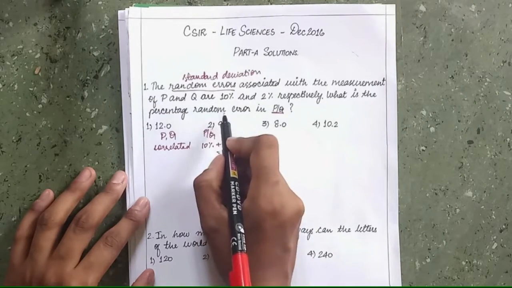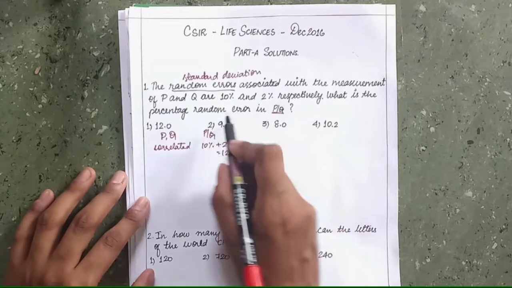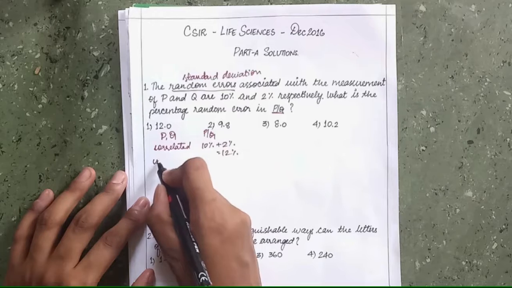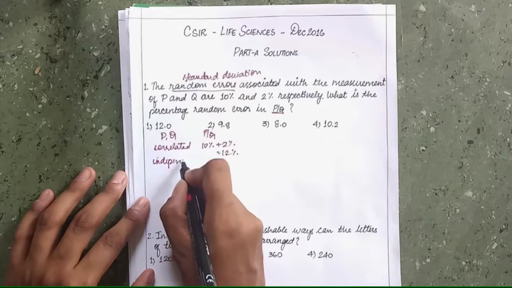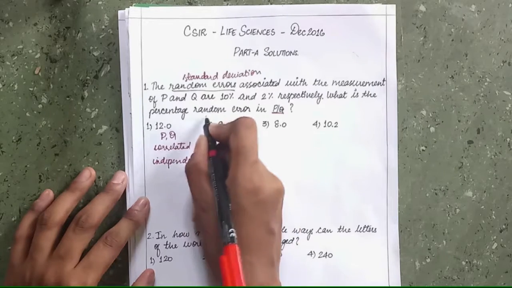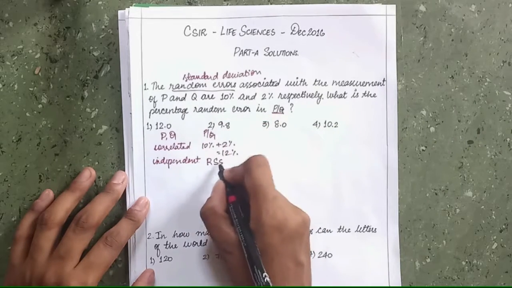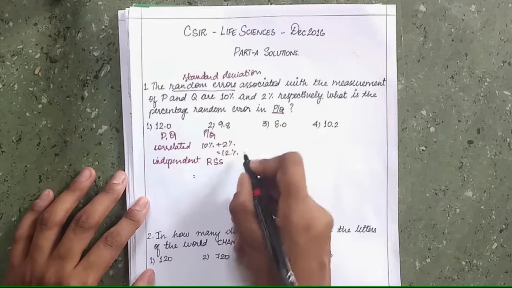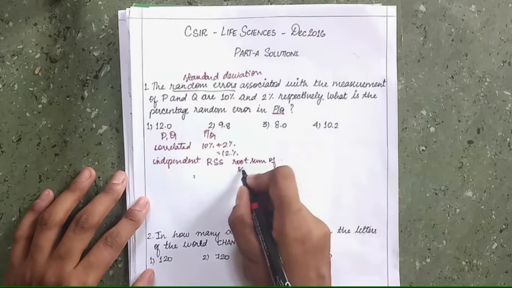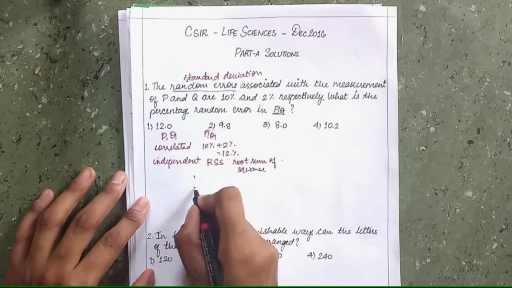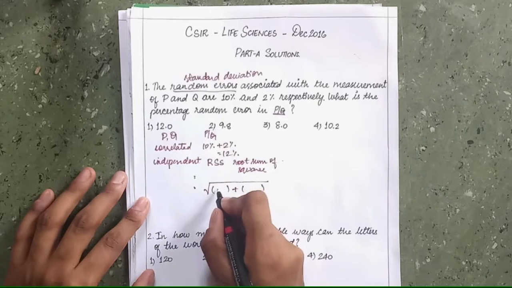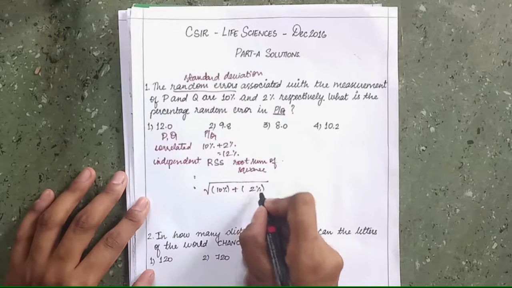However, in this question, there is no hint of whether they are correlated. So these can be considered as independent variables. So when P and Q are independent, then we have to find the percentage random error in P by Q by using the RSS method, which is the root sum of squares. So here what happens is we take the root of the sum of the squares of the individual percentages, that is 10% and 2%, which is